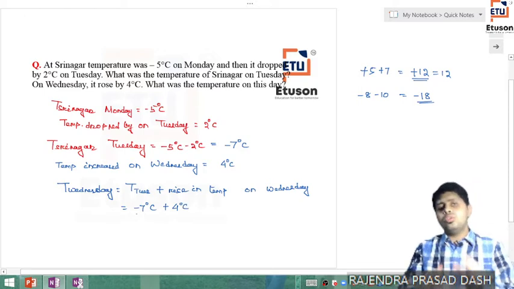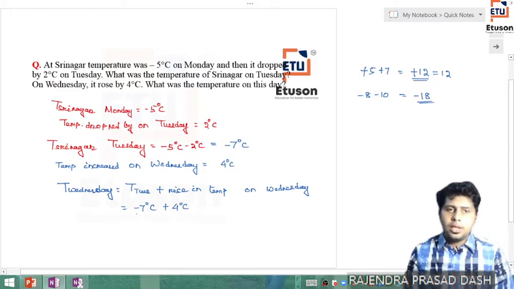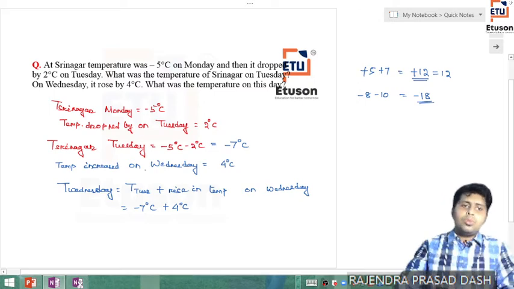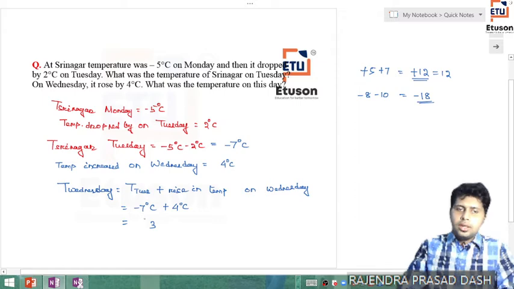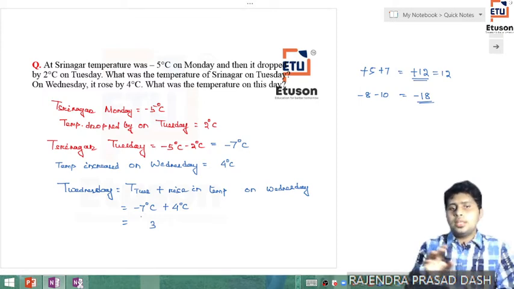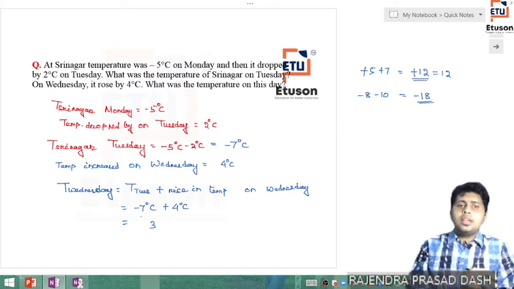So there are two integers associated. One of them is positive, one of them is negative. So the addition process is going on. Whenever these cases arise, we'll just take the difference of the two numbers. The difference between 7 and 4 is 3 degrees Celsius. And we'll compare the two numbers irrespective of their sign, to see which one is larger. 7 is larger than 4. I will just put the sign associated with 7 in the final answer.